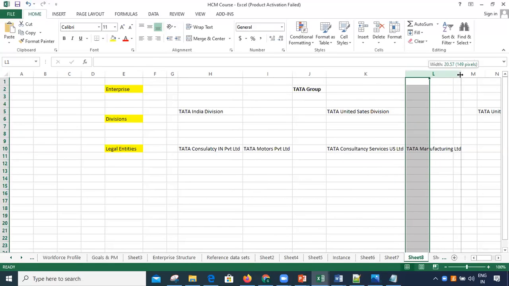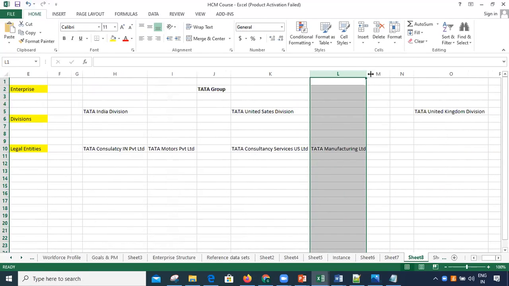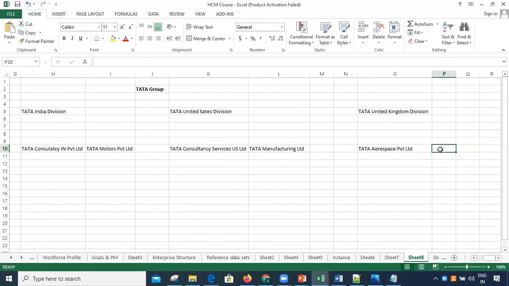And in the UK, there are two other companies operating: Tata Aerospace, and another company, Tata Chemicals.